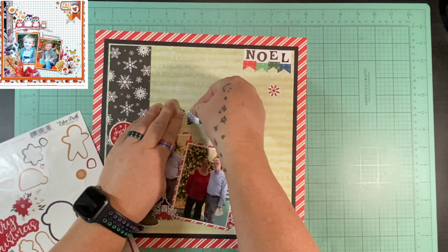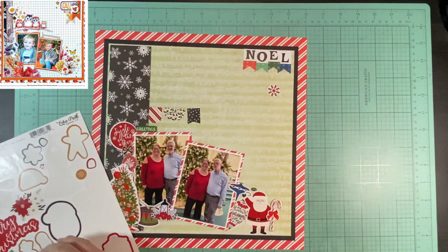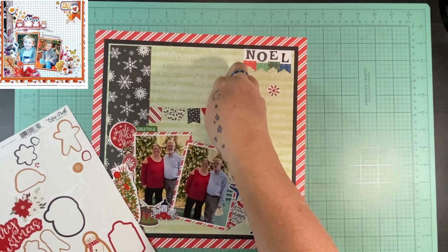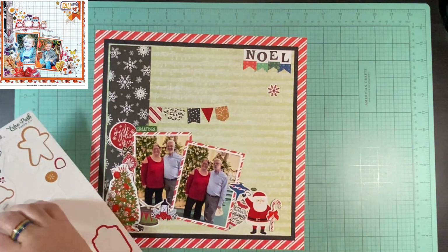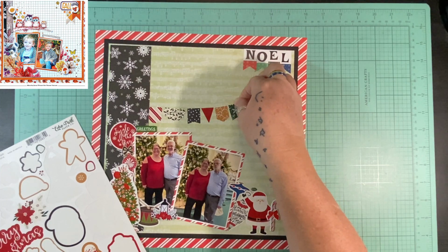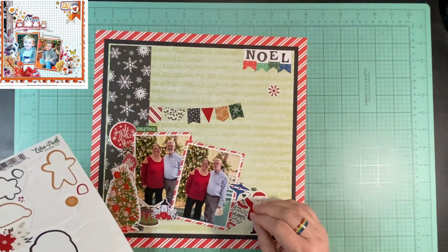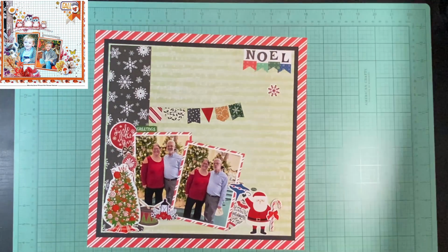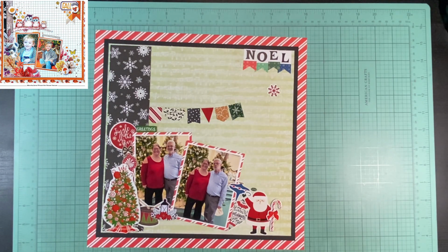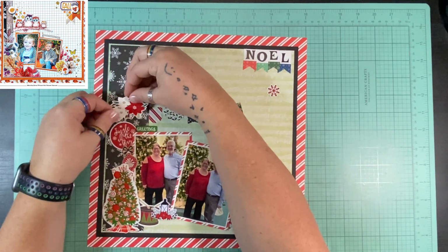And then she has this cute little owl coming off of a tree limb. It's so adorable. And I wanted to do something to kind of nod to that little branch coming across the picture. So I used the banners that were in one of the sticker sheets. And then I'm going to come in and connect those with a